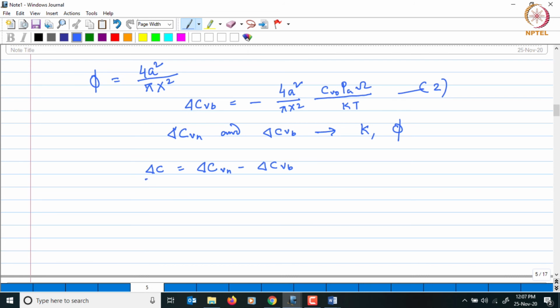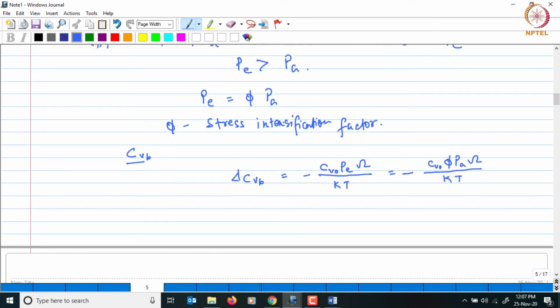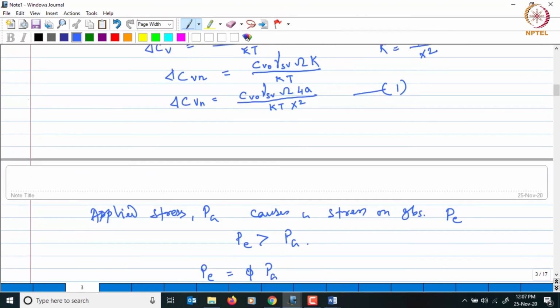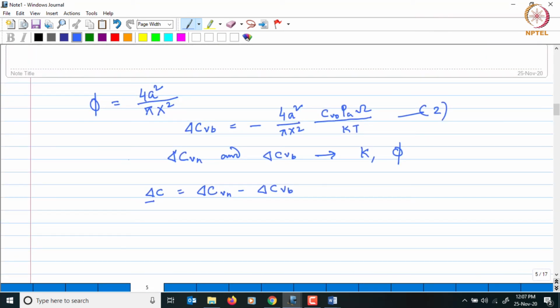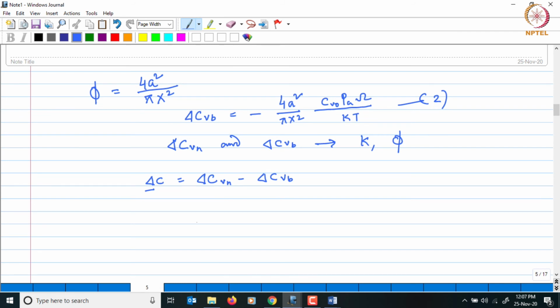So delta C is nothing but the vacancy concentration difference between the neck surface and the grain boundary. So now using equation 1 and 2, which give the expression for delta CVN and delta CVB respectively, we can write the expression for delta C as